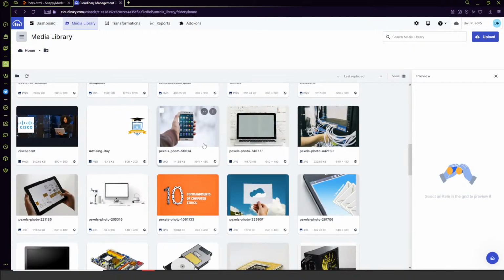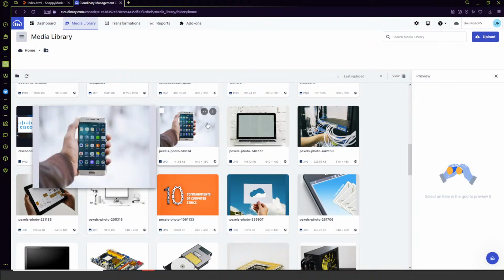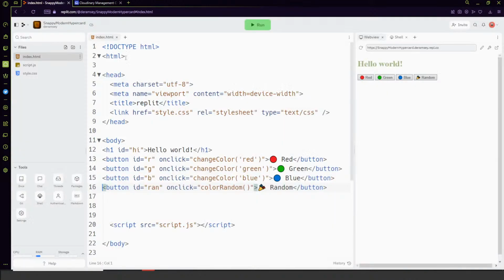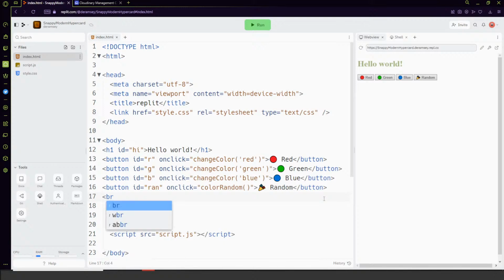You know what? These will work. I'll use this picture of a cell phone here, and I will click the copy URL button here to copy the URL to my clipboard. And since my buttons are inline elements as well as my images, I'll add a manual break here. And we'll add my image,